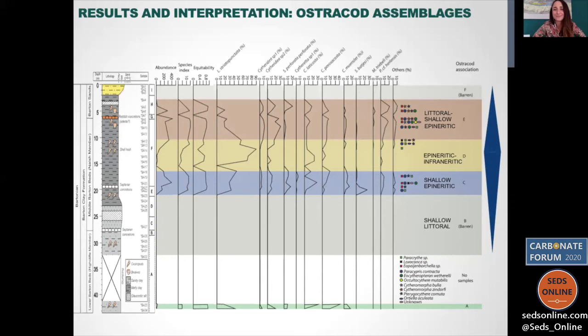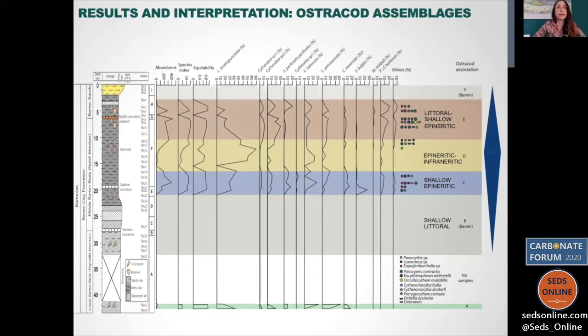Thank you. And then Anna asks, nice and clear talk. Why ostracod assemblages? And can this method be applied to other fauna or microfauna? Sorry, I didn't understand. Why did you choose ostracods for this type of analysis? And could the same methods be applied to other fauna, for example, or microfauna?